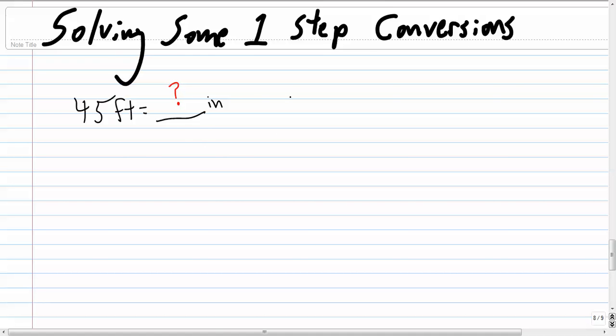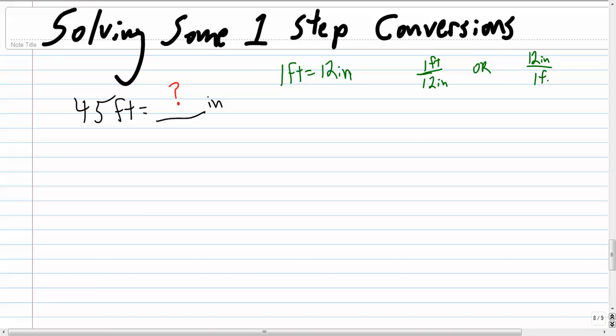Yeah, this one is pretty simple. You guys in your heads are probably already working this one out, but to do this problem, what do you need to know? You need to know that 1 foot is 12 inches. And when we do conversion problems and we're using what's called dimensional analysis, we can write this equality 2 different ways in our fractions. We can write it like this, 1 foot over 12 inches, or we can write it like this, 12 inches